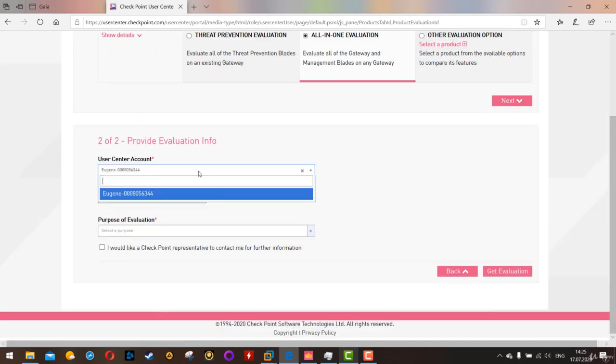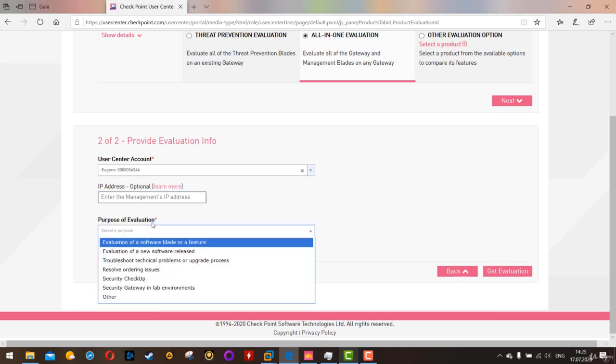Alright, so over here, if you're doing it from your home account, from your personal account, you're gonna pretty much have only one account here. If you're doing that from a partner account, you're gonna have a bunch of accounts here, and you want to choose your own. Alright, anyway, they ask us for the IP address of the management server. It's optional here, and I'm gonna leave it because, during the evaluation process, they're gonna ask us the same question again. Purpose of evaluation,